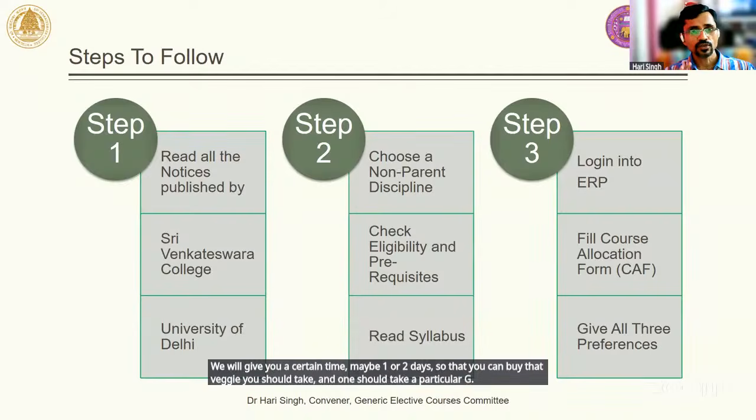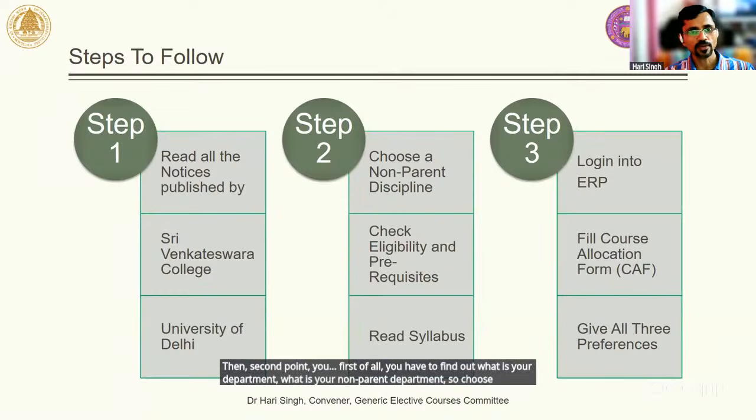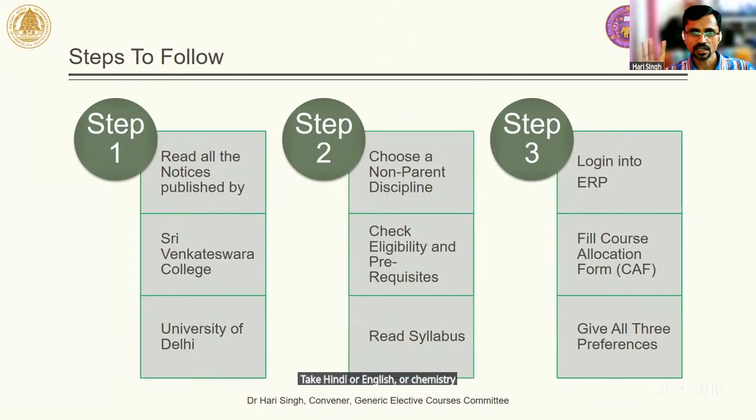Then second point, first of all you have to find out what is your department, what is your non-parent department. So choose a non-parent department. For example, if you are doing BA Honors History, then all other departments excluding History are your non-parent departments. So you can choose that I would like to take Hindi or English or Chemistry or Botany as a non-parent department for the minor. Then